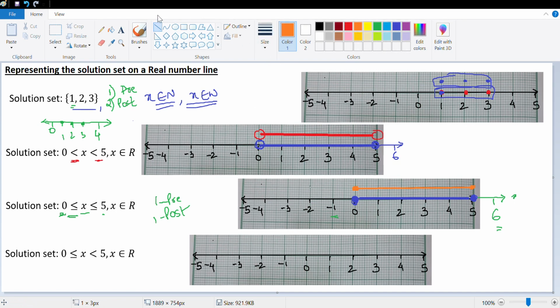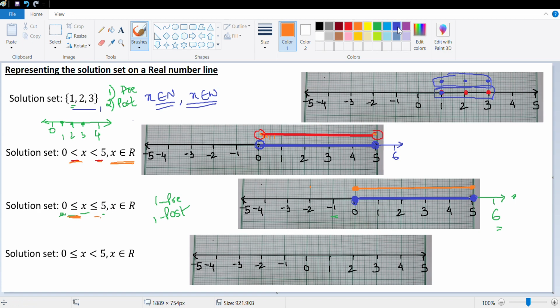Done. So 3 kinds we've seen. 1, if you are plotting specific numbers. 2, if you're plotting a set which belongs to real numbers. What this means is any number between 0 to 5. It could be 0.1, 0.2, 0.3, 0.4, 0.331. All those numbers are included on the number line when you go up to 5. Empty circle if it is only less than or more than, and a filled circle if it includes that number, which means when you have less than or equal to or more than and equal to.